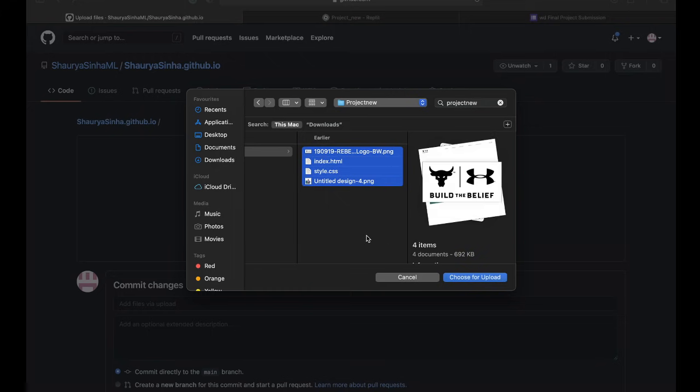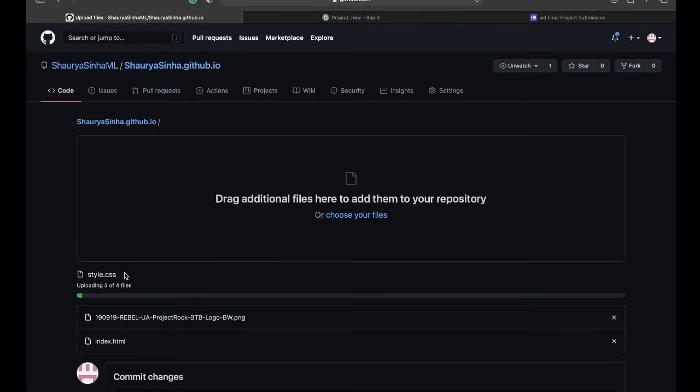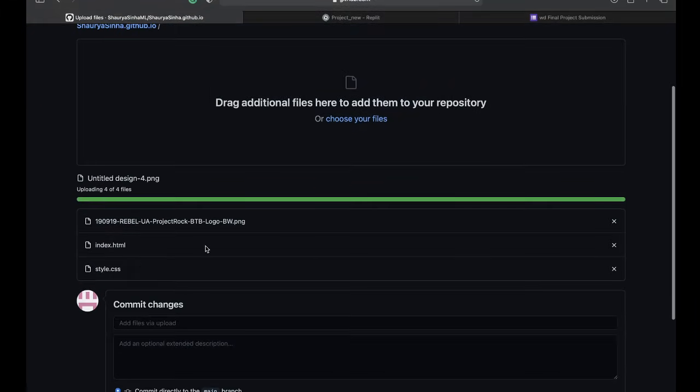You can choose any image, you can choose any color as well, but try to make the same website as I have done. Okay, there's no need to go all the way around to do something else extraordinary. That will be highly appreciated, but stick to what I've given to you. You can use any pictures, you can use any colors, or else you can use the same colors that I have shown in the video itself. You want to click on choose for upload.